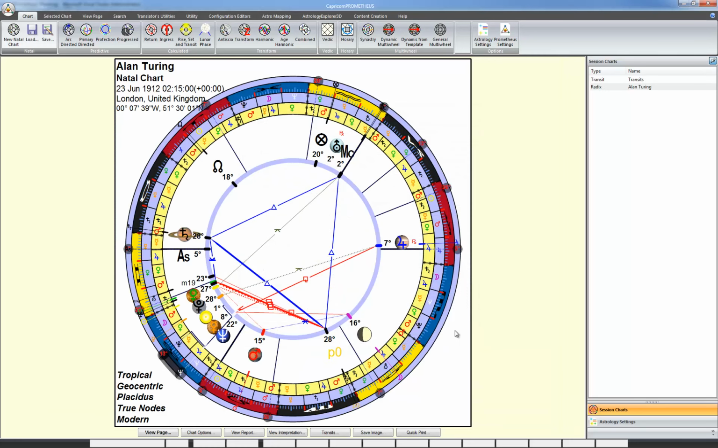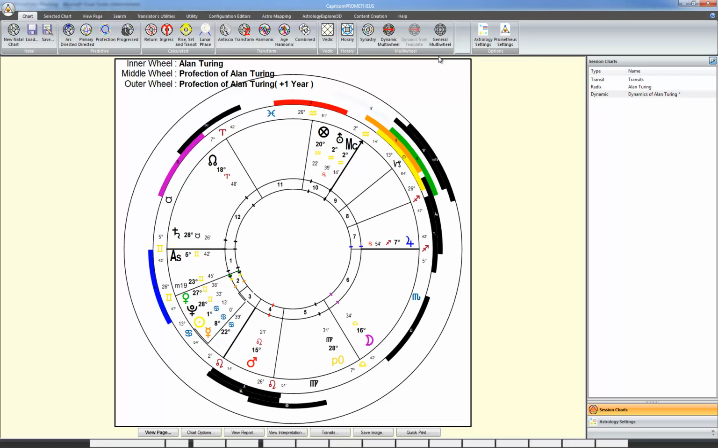One of the easiest ways to do profections again is just to go dynamic from multi-wheel, and we have a profection range. This uses zodiacal profections for 1 year, and this shows the range of the profections. So that is from the start of the year to the end of the year. Again, if we